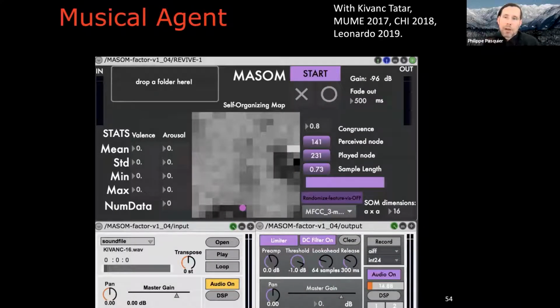We've been working on musical agents with an architecture called MASOM, which is an agent that is being trained by simply listening to music, like a lot of amateur musicians are. But it can listen to more music than a human can. And then it's going to find and memorize all the sounds it's been listening to, isolating them, classifying them in a self-organized map, a big sonic texture memory, if you wish, and then learn temporal models of,